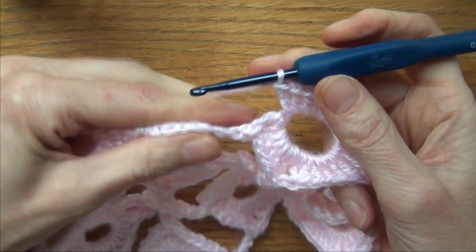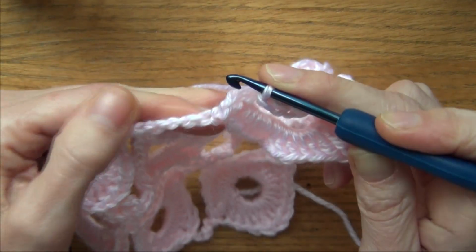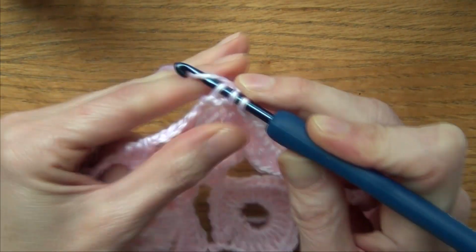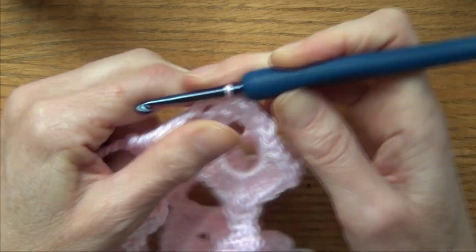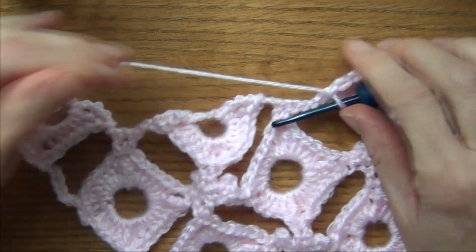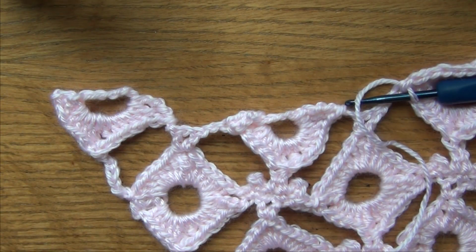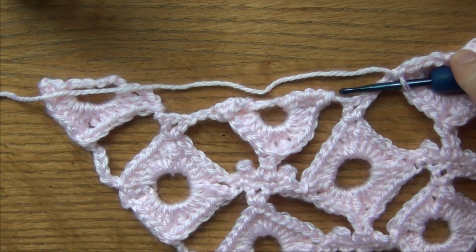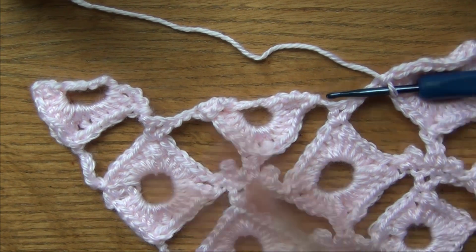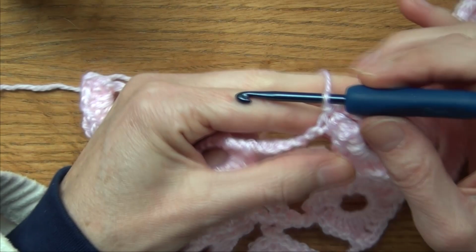Okay, and then slip stitch on here. And I'm actually going to just go in here. This one needs a little bit more like that. Okay, so now we've done that one, we've done this one, and now we're going to come back with this one. And you know, sometimes you do get a bit confused as you're working on it. It's like, oh my goodness, how do I end it off? How do I start it? Come back to the video where I'm showing you how to start it and how to finish it, because that's